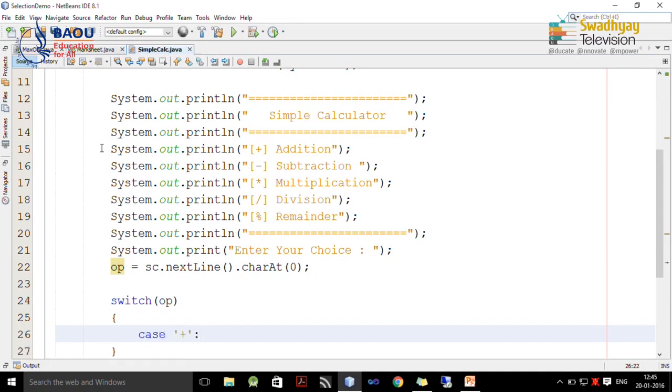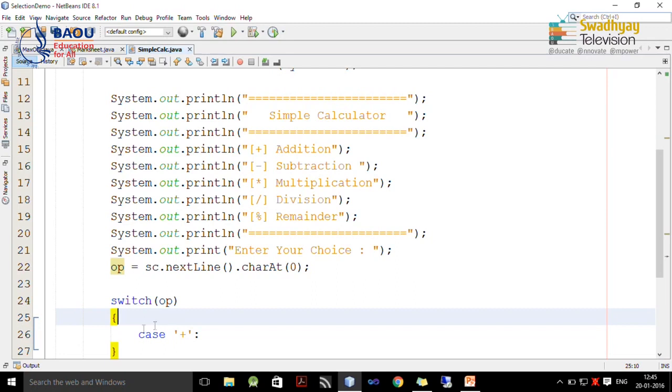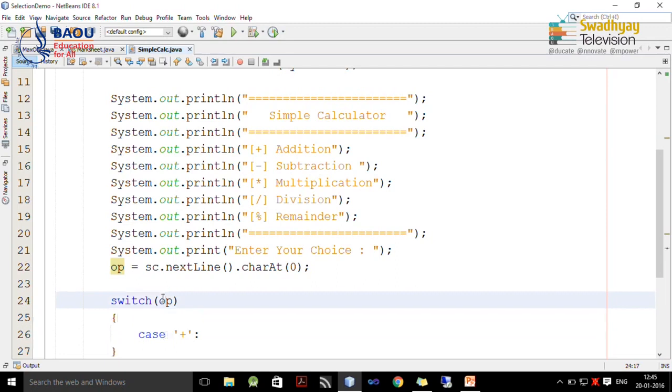So, if OP is plus, what does it mean? If OP is plus, we want to perform addition.